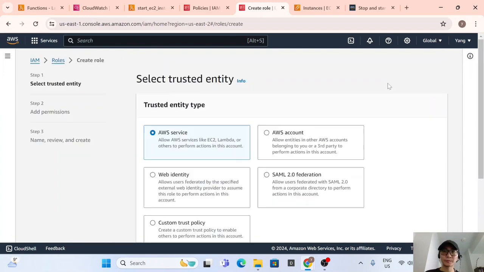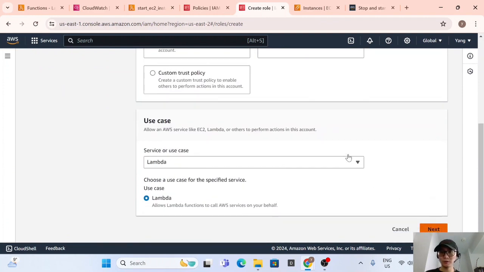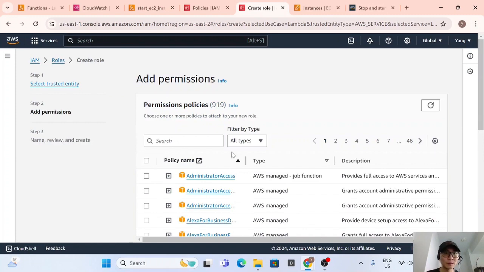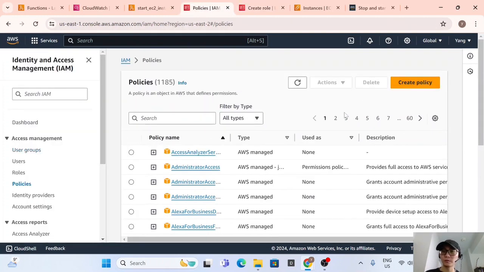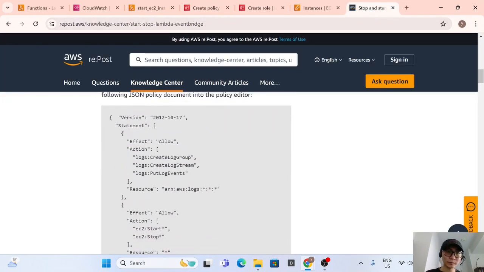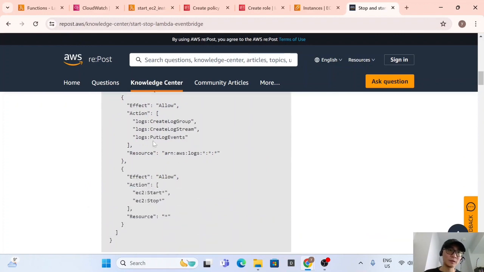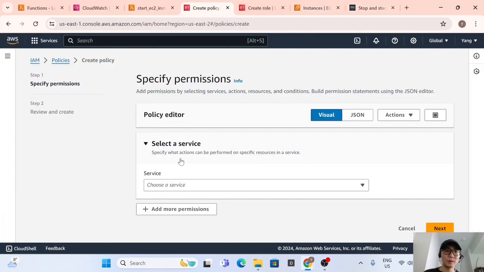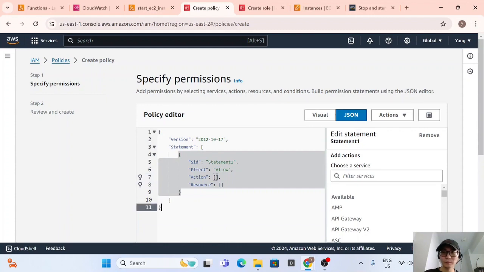So in here we choose Lambda function, next, permission. We go to the policy first to create the policy and attach the policy to the role. The policy is in this documentation, so it's in here. The policy we can just copy, Ctrl C, and go to the policy, click JSON, just paste,